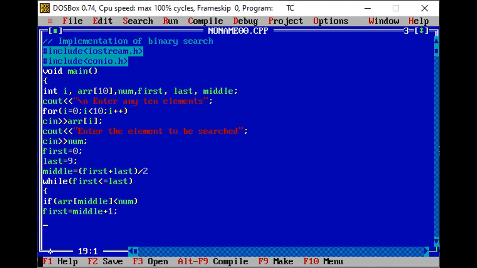Otherwise, I will check for another condition here, that is else if array[middle] equal to num. Okay, so here we need to print. Otherwise, else if we check that it is equal to num, we just print that part, that is cout the element